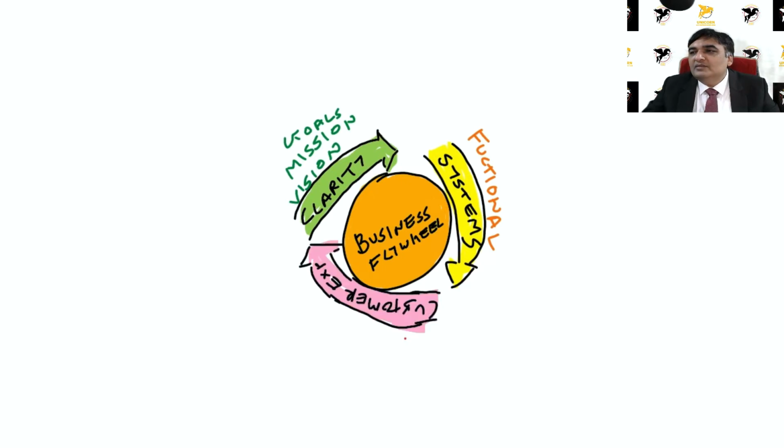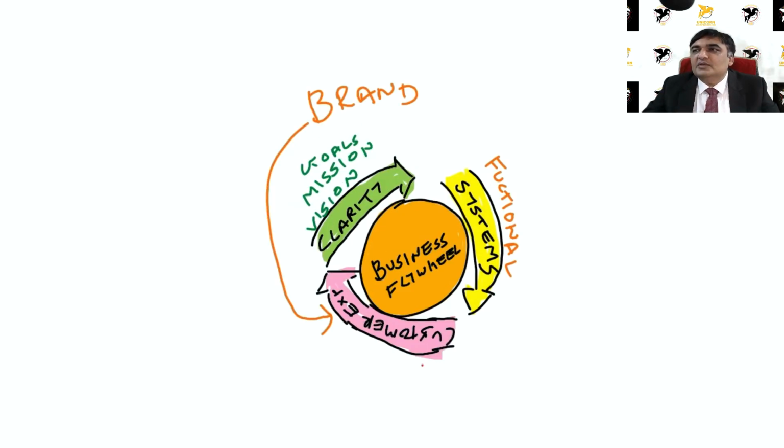When you do these two things, you are enhancing your customer experience. Because you have clarity, your customers have clarity, your vendors have clarity as to what you stand for, what you are going to do in the market. You have got systems set up. So when these things combine, you get to give great customer experience to your customers. And when you give great customer experience to your customers, it increases your brand value. Once your brand value is increased, you are getting more customers, because those customers might feel aligned with your goals, mission, vision, anything.